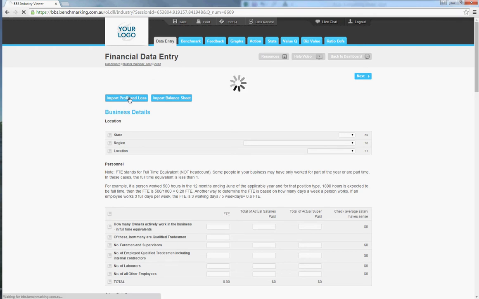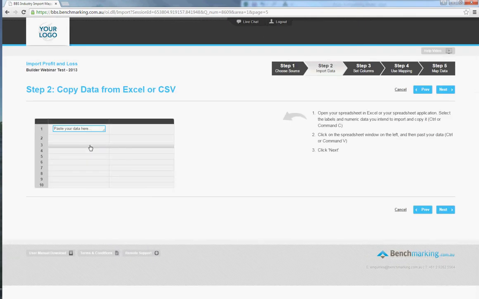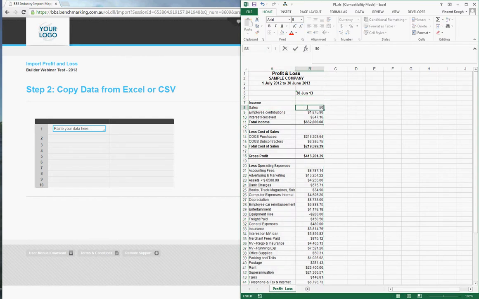So I'll click the import button once again, and we will import data from Excel. So I'll click the copy from Excel button, bring up my Excel file, and this time what I'll do with this Excel record is I'll change some results here. So you can see we've got some different financial information for this client